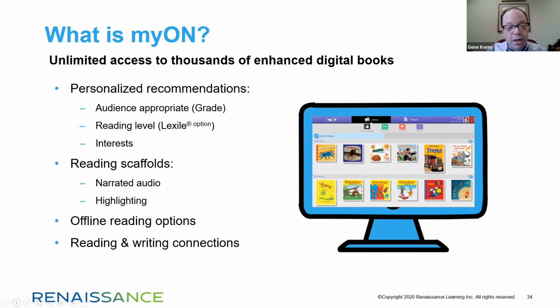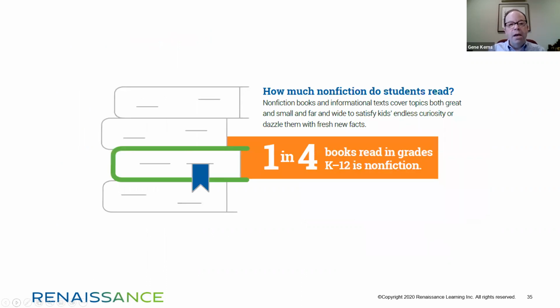And another thing about the collection itself is roughly 70% nonfiction. Here's why that's important. Remember, we said knowledge makes you more literate, and you're going to get more knowledge by reading actually informational texts. So here's an analysis that we did. Based on Accelerated Reader quizzes and myON activities, we know that when kids are not on myON, they tend to read about one book out of every 4 as nonfiction. So roughly about 25%